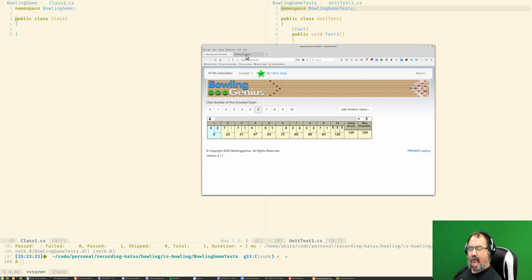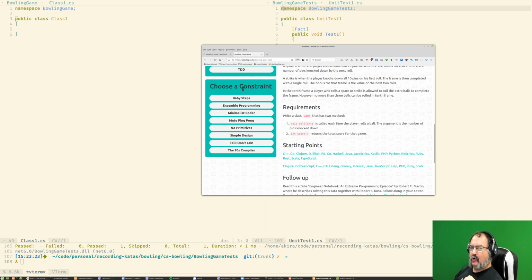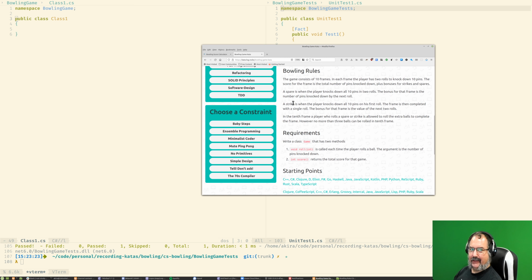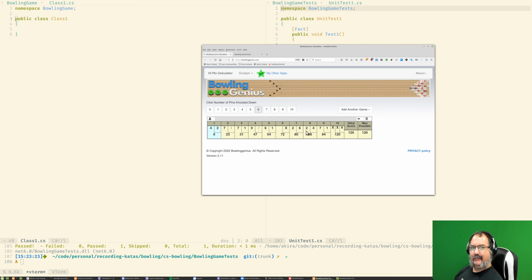I always like to have examples of what I am supposed to be providing. This specific version of the text of the kata doesn't tell you what it is, but we have created this nice game over here that we can use as a way of determining if our code works or not.